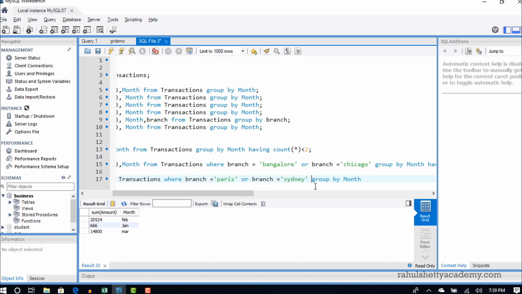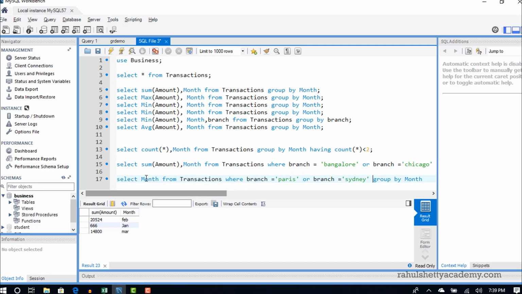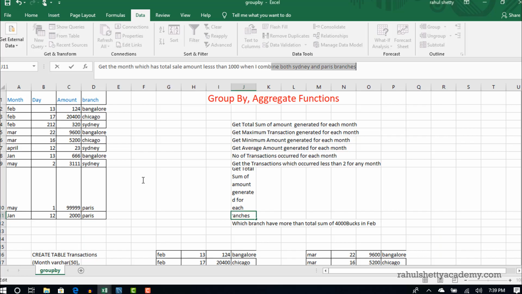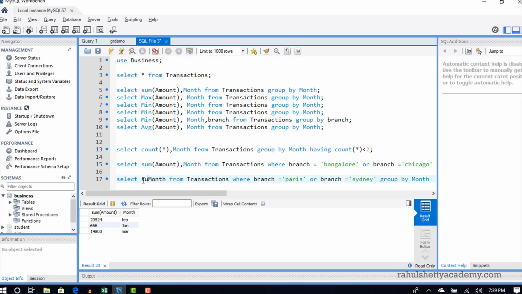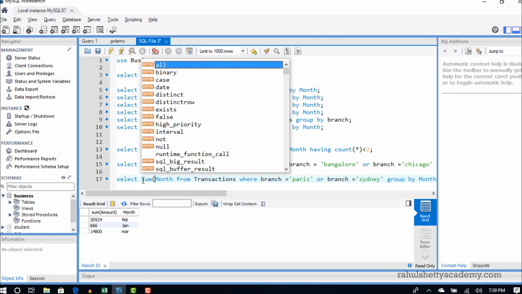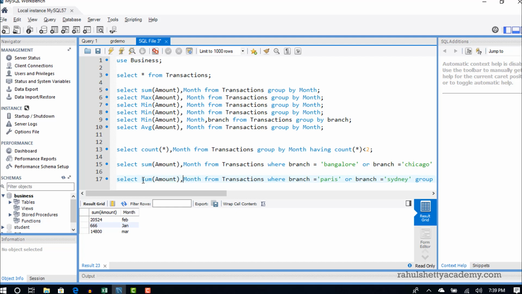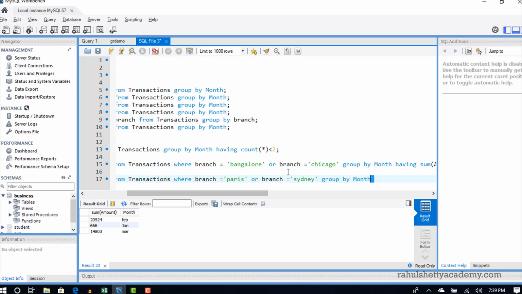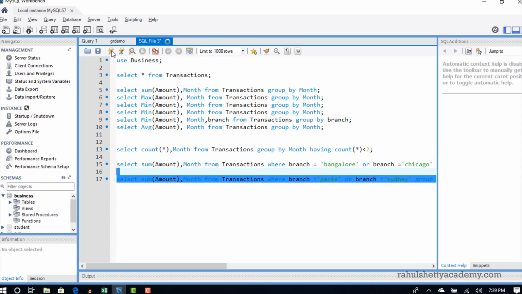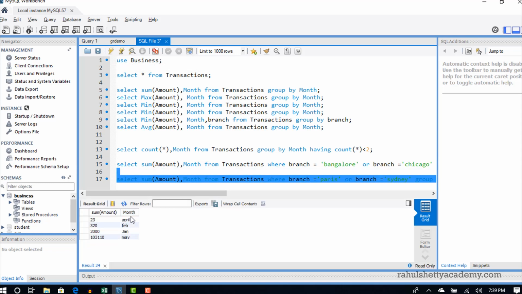Perfect. Now once we have these groups, you want to apply sum because your total sum should not be greater than 1000, right? First you do sum, thereafter we will know whether it is greater or less. So till now let's run this query and see what happens. So you got each month and you realize that these are the total sums for Paris and Sydney branches when you combine.